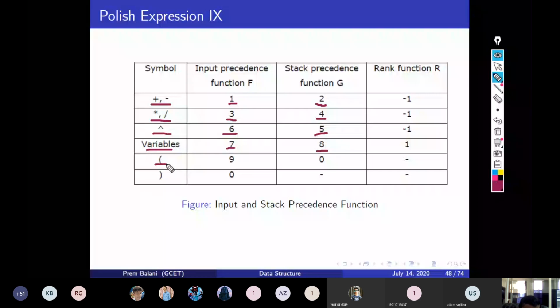And for opening parenthesis, we have input precedence function value 9 and stack precedence value 0, right?